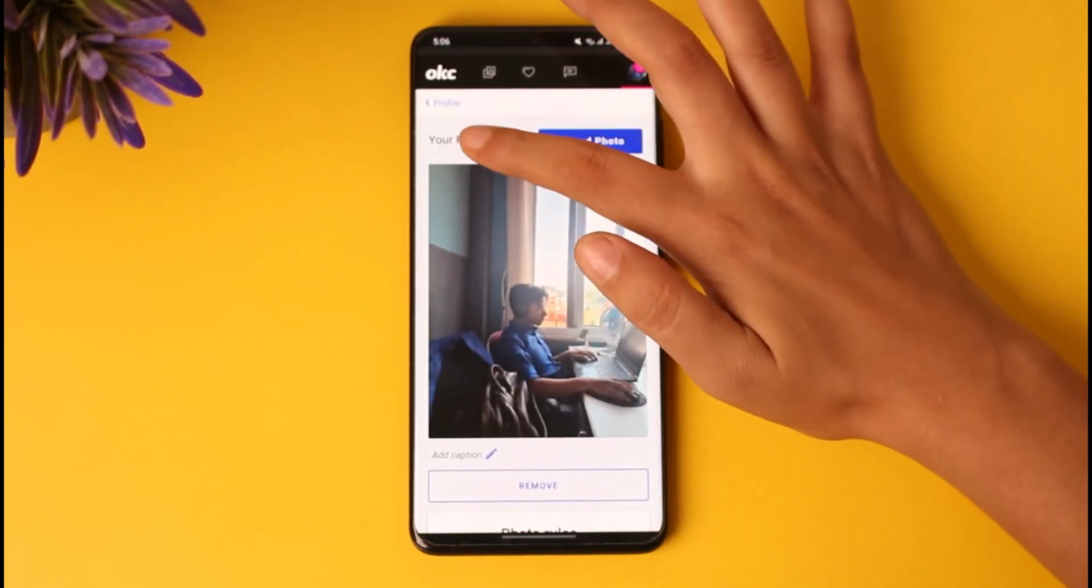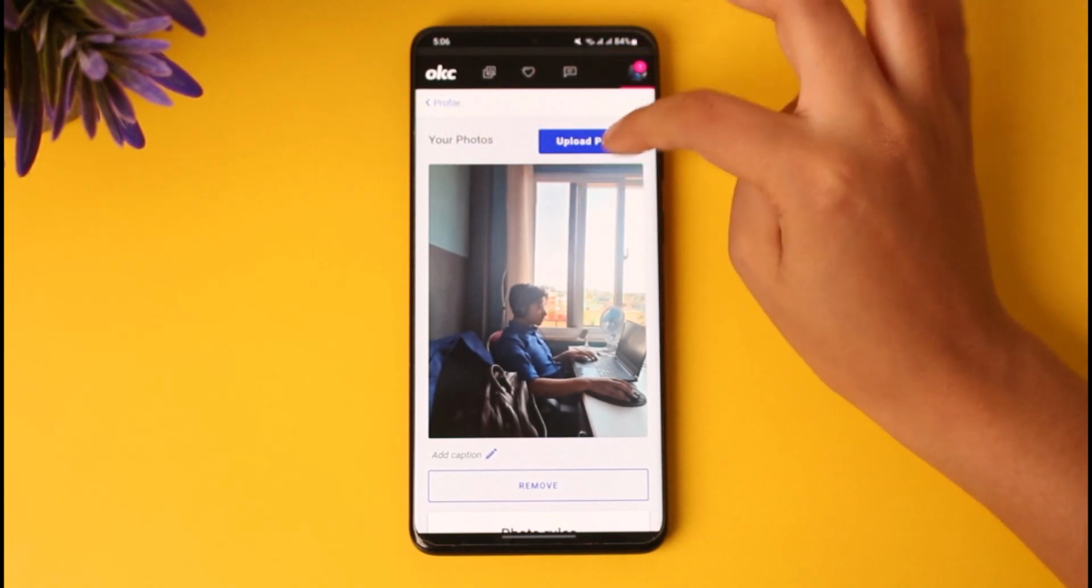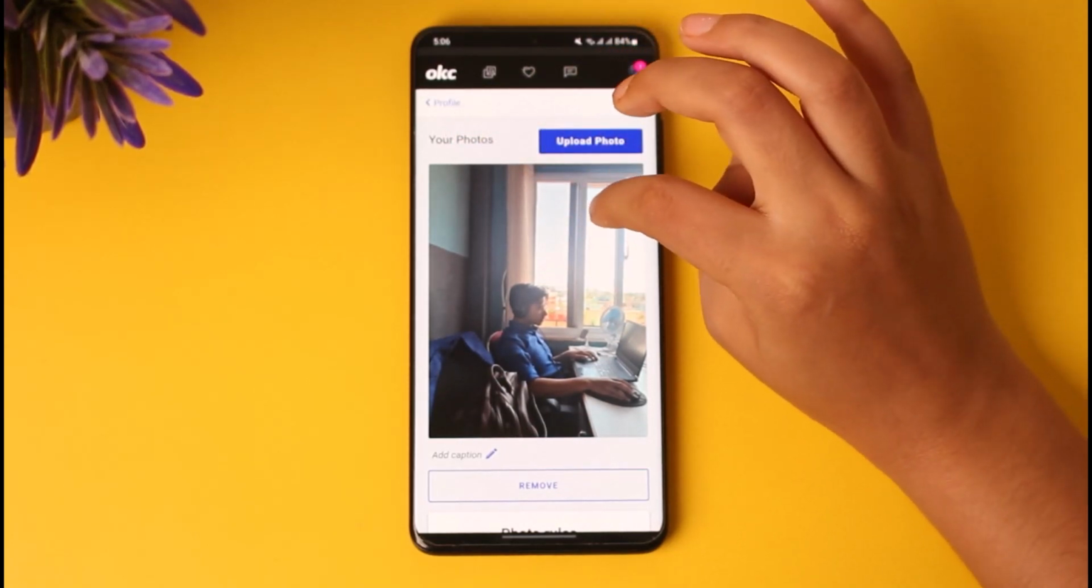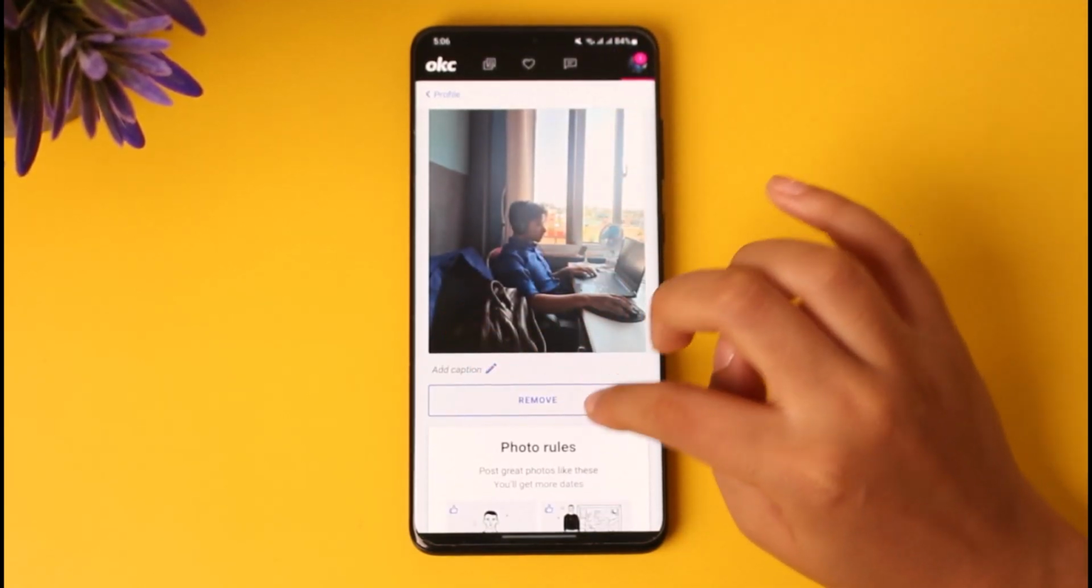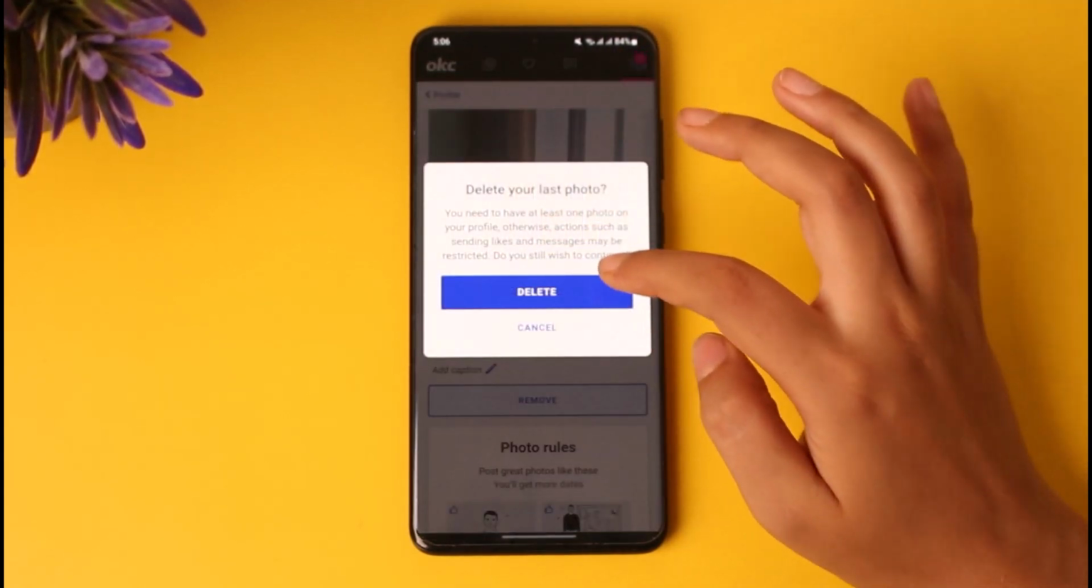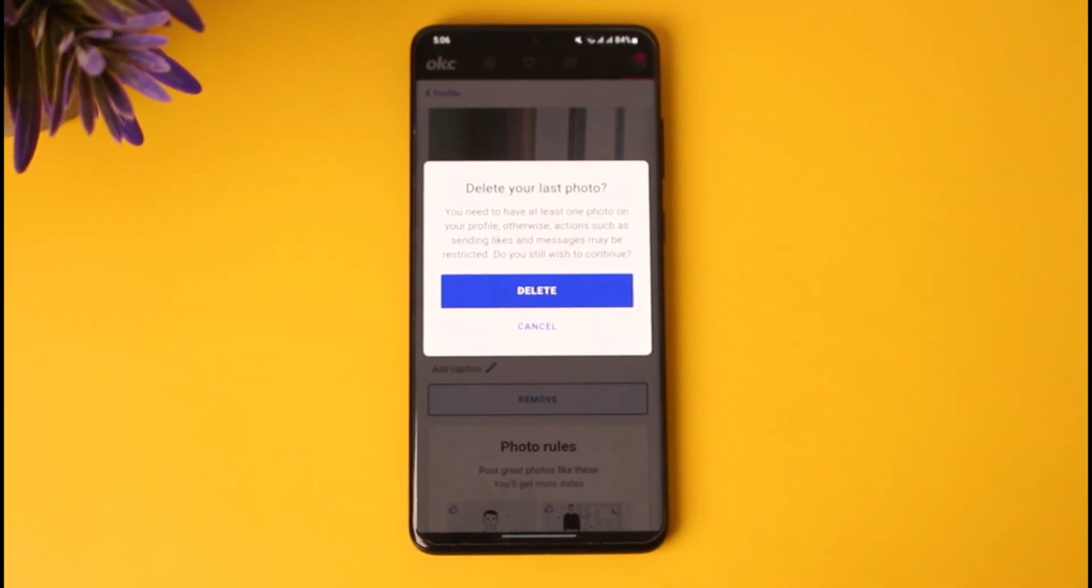Go to this your photo option and upload. You can see I only have one photo, so if you go to your photo, you will find more. You can upload a picture, and it's this remove option. Once you tap on this remove option, tap on this delete, and this particular picture that you have uploaded